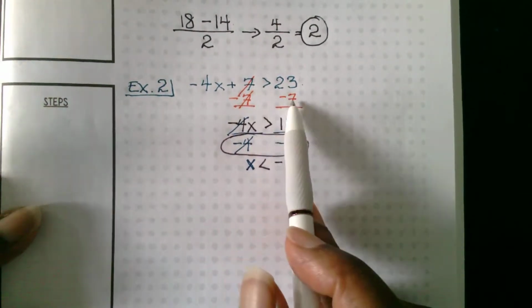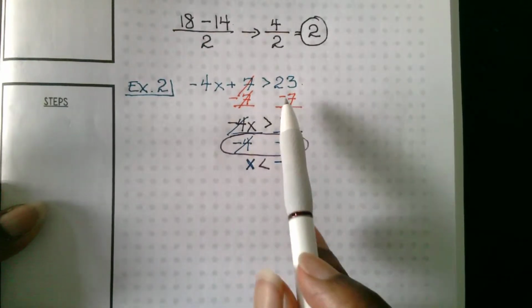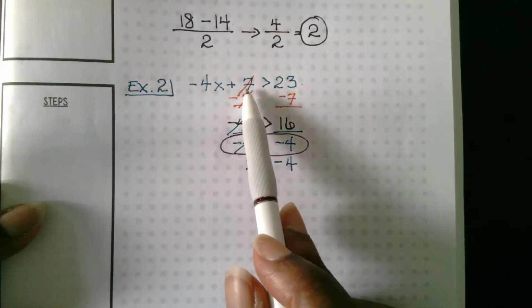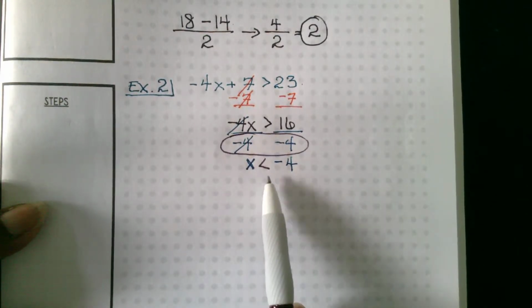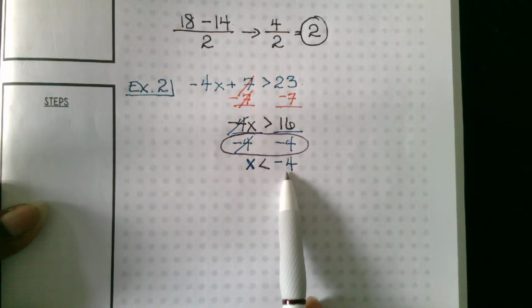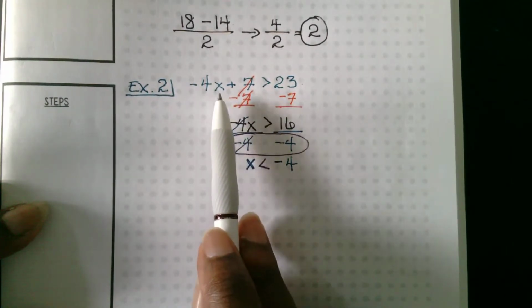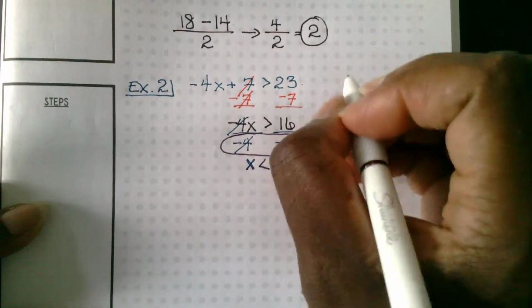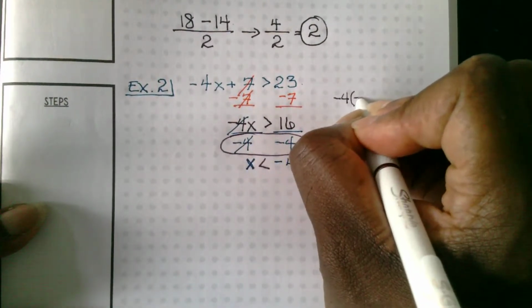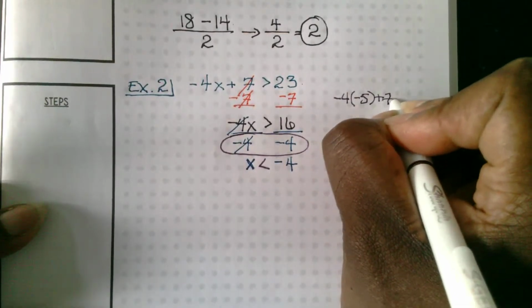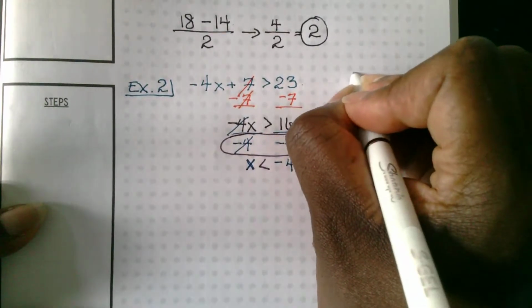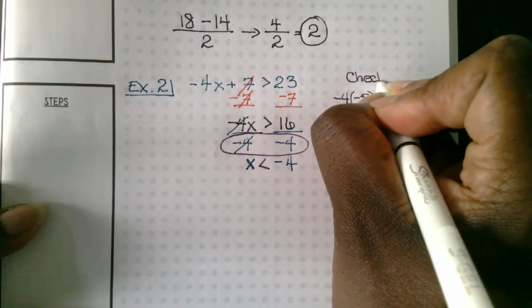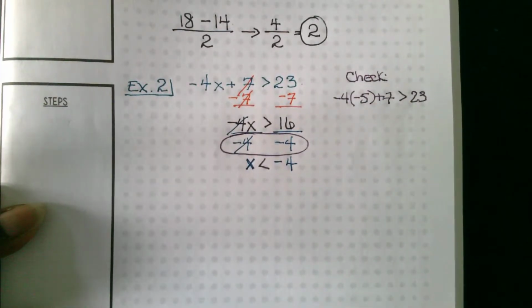No. Would you rather have $7 or $23? Right now, 23, because 23 is greater than 7. That's the reason why you change the direction of the sign. Because now, if I say x is less than negative 4, a number easily less than negative 4, let's say negative 5. If I plug the negative 5 in for this x, let me write that over here. So I have negative 4 times negative 5 plus 7, and we want to see if it's going to be greater than 23. So what we're doing is checking our answers,